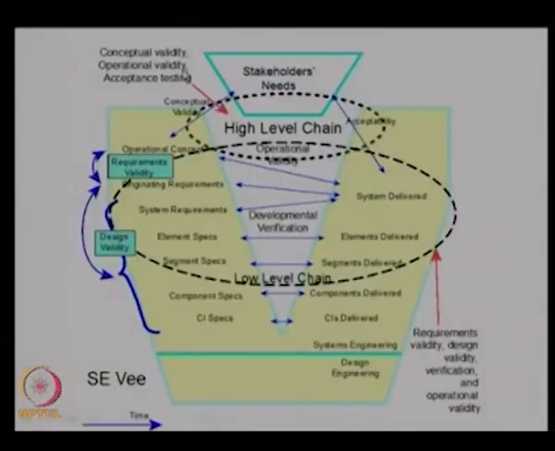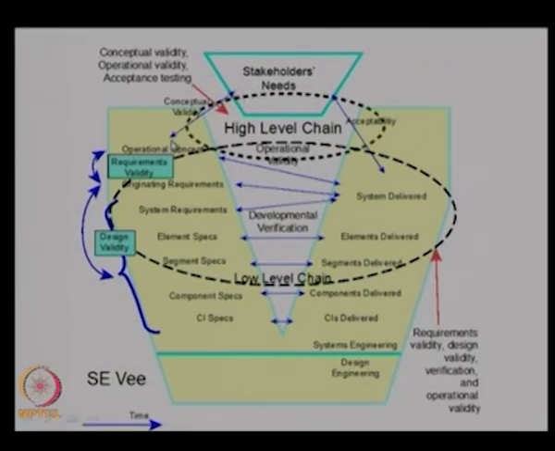Here you can see in this acceptance, validation and verification, there are two chains. As you can see, there is a high level chain and a low level chain. In the high level chain, we look at the conceptual validity, operational validity and acceptance testing. So, at the top level, we will be having the conceptual validity, which actually ensures